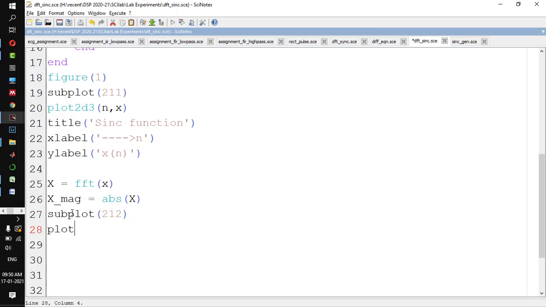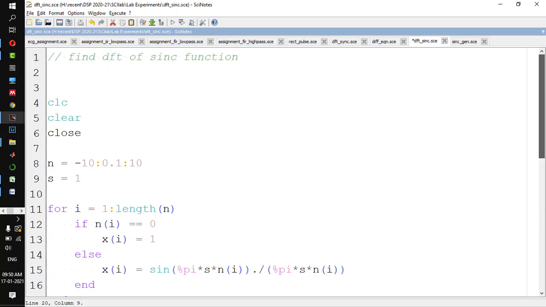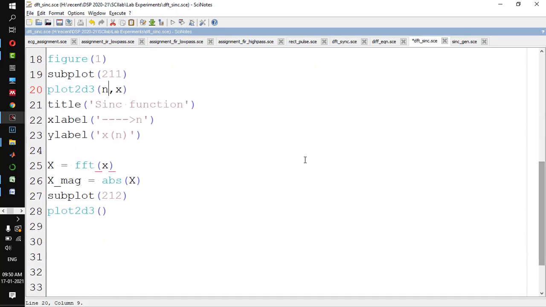So plot of, so this is n, and since in DFT n is equal to k, and n is varying from -10 to 10, I'll just equate n is equal to k here. Okay, so k is equal to n.